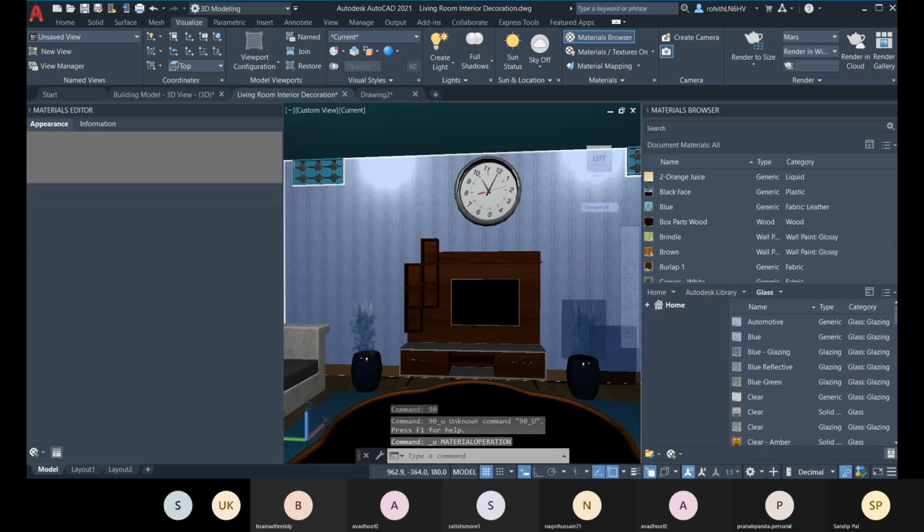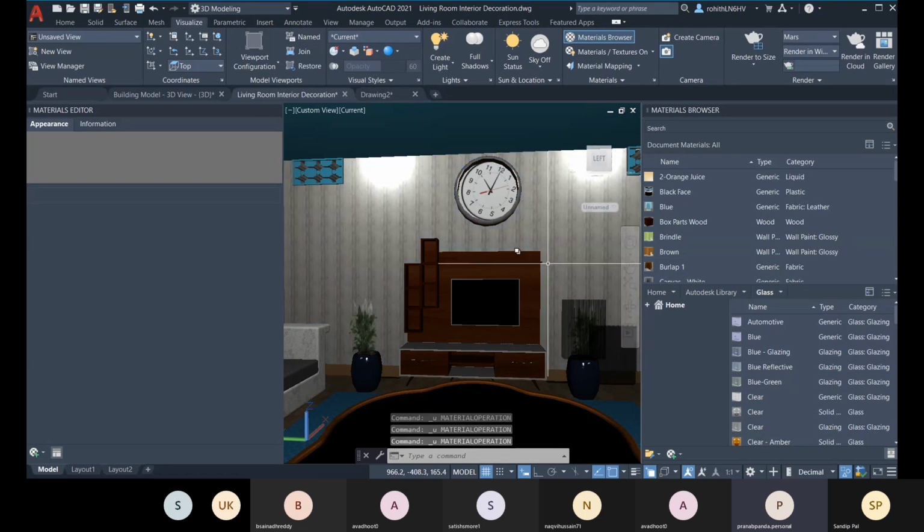Sir, when I am selecting the lights, how will I know the correct illumination values of the light? For that you have to study. About this illumination, architects study this. Those who have graduated as an architect know about this.